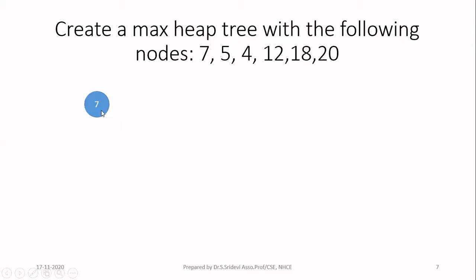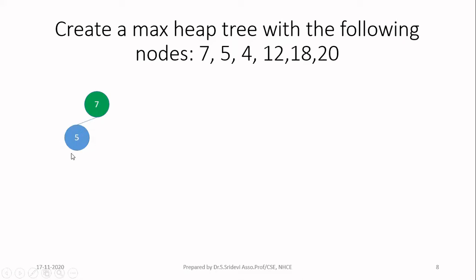It is 7. Then you take the next node. It is 5. So you have to now add this node. And remember, while you are adding, follow the complete binary tree property. So already level 0 is over. It is having one node. So you have to insert the new node in level 1. In level 1, while you are inserting, make sure that you are inserting it as leftmost as possible. In level 1, we don't have any node. Therefore, we can insert this as a left child for this 7.